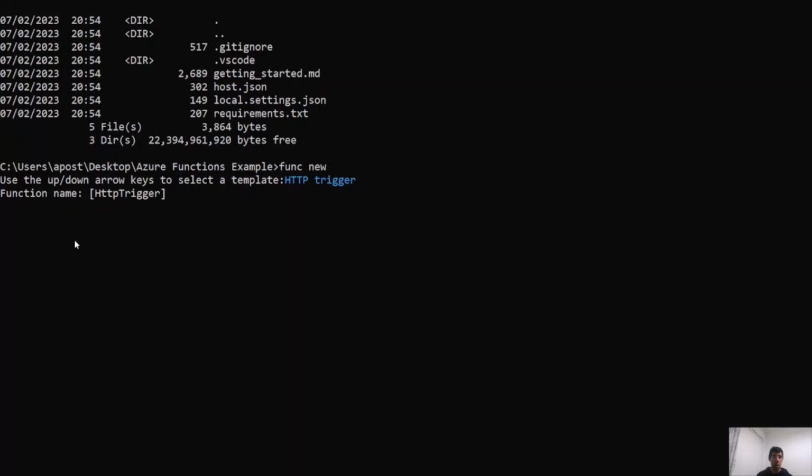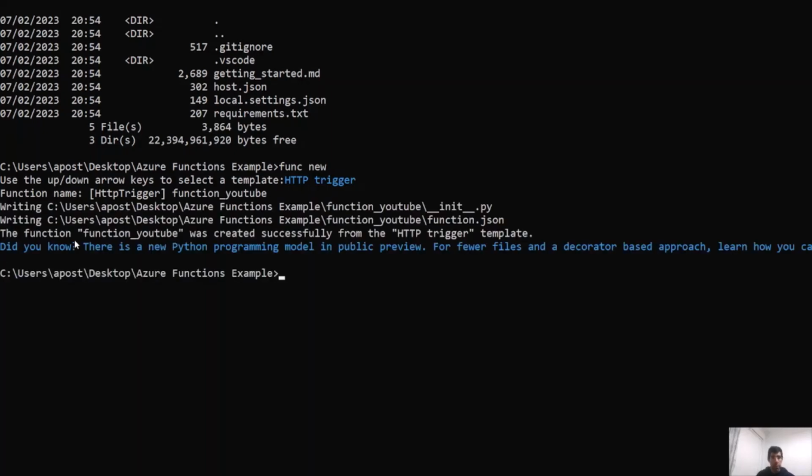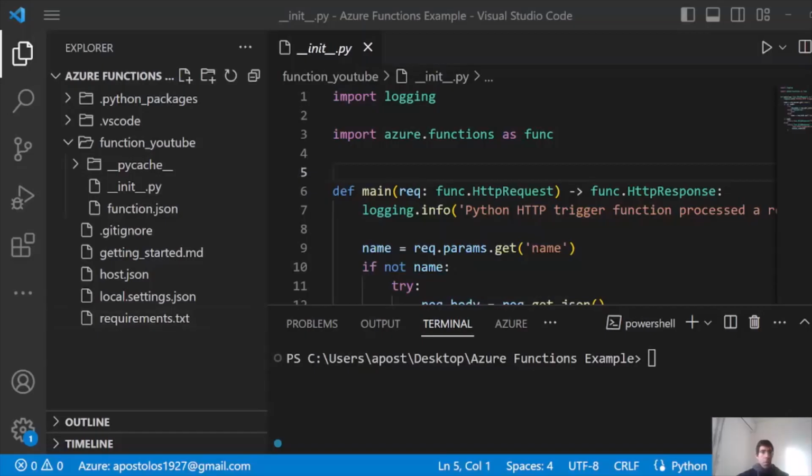So we click on HTTP trigger, function name, let's call it function YouTube. Click, yep, that's perfect. Let me move to VS Code now. We can see what we have created. This is our directory with all the code that we created when we typed func new, and by default it creates